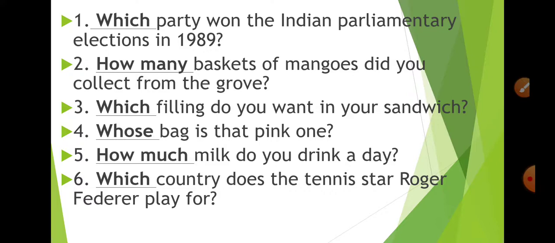Second, how many baskets of mangoes did you collect from the grove? Third, which filling do you want in your sandwich? Fourth, whose bag is that pink one? Fifth, how much milk do you drink a day? And the last, which country does the tennis star Roger Federer play for?